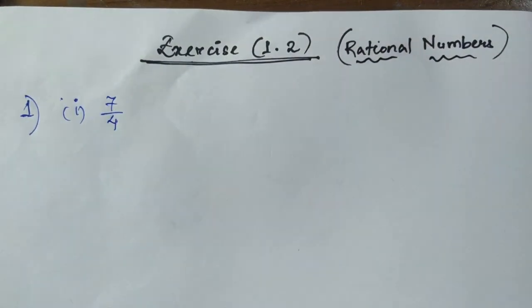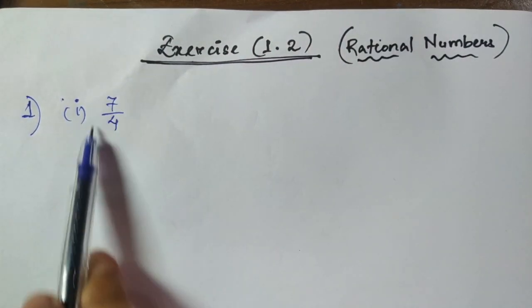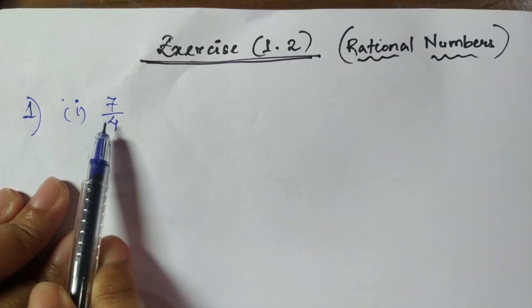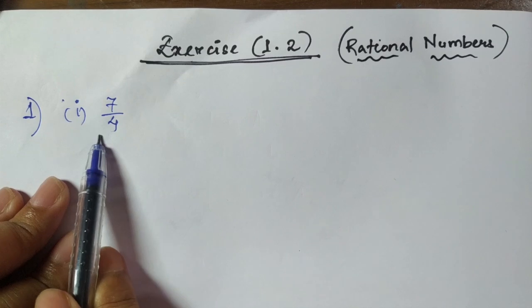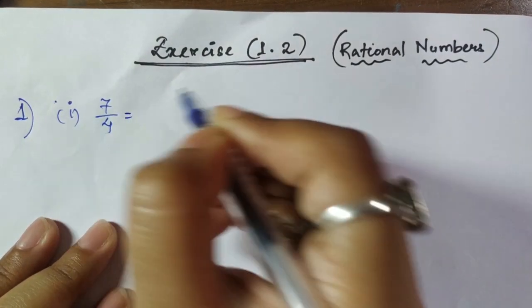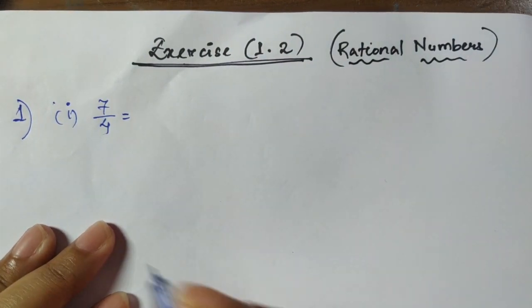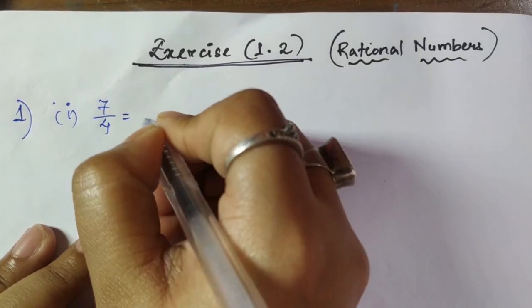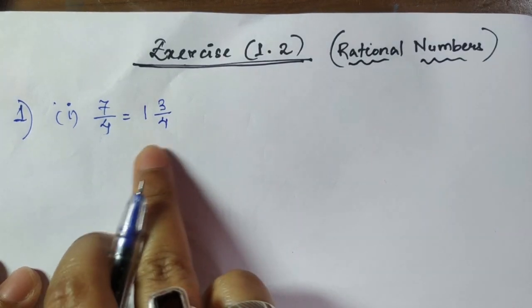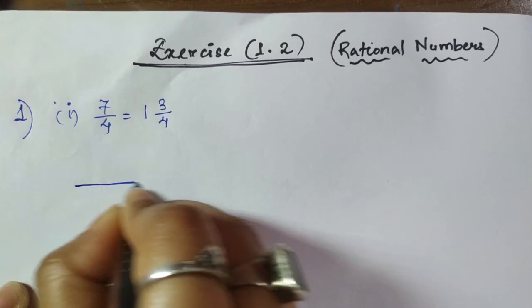As you can see, this is a fraction, it is not a proper fraction, it is an improper fraction. Whenever it is an improper fraction, the first thing I have to do is convert it into a mixed fraction. All of you know how to convert it into a mixed fraction. When I convert it into a mixed fraction, I will get 1 3/4, right? So now I have to represent this on a number line. So let us try. I will draw a number line.